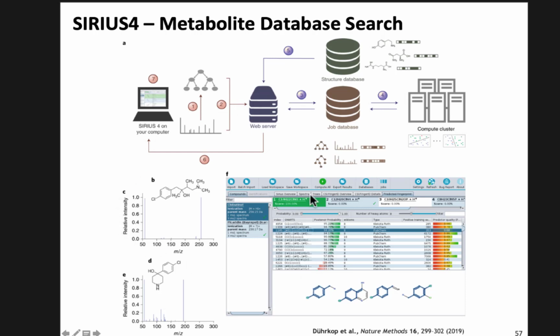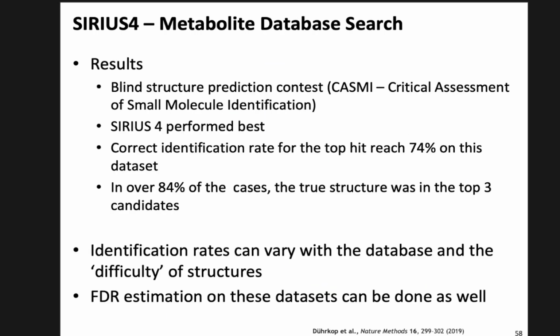What you then get is such a candidate list. You see the SMILES of the compounds. You can look at the structures of these compounds. You can see the quality of these predictions, and you can walk your way through the different candidates spectrum by spectrum. The result is actually stunningly good,